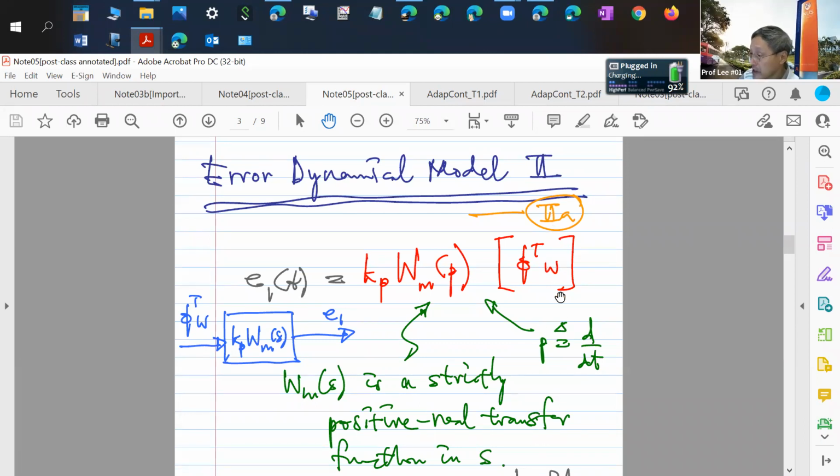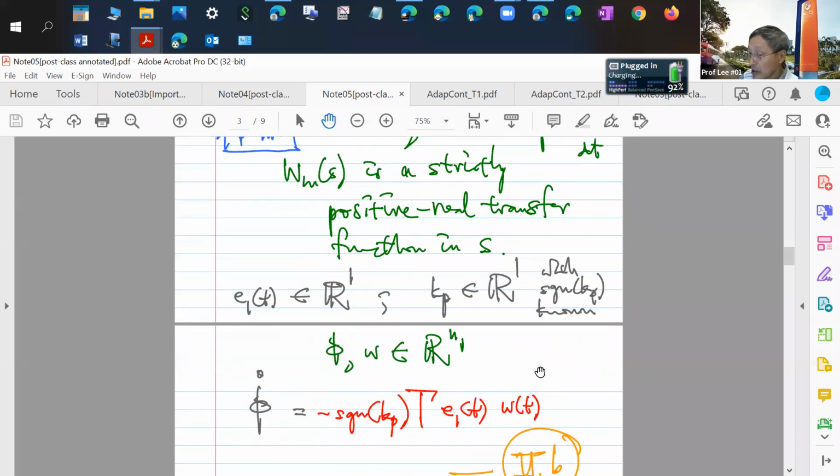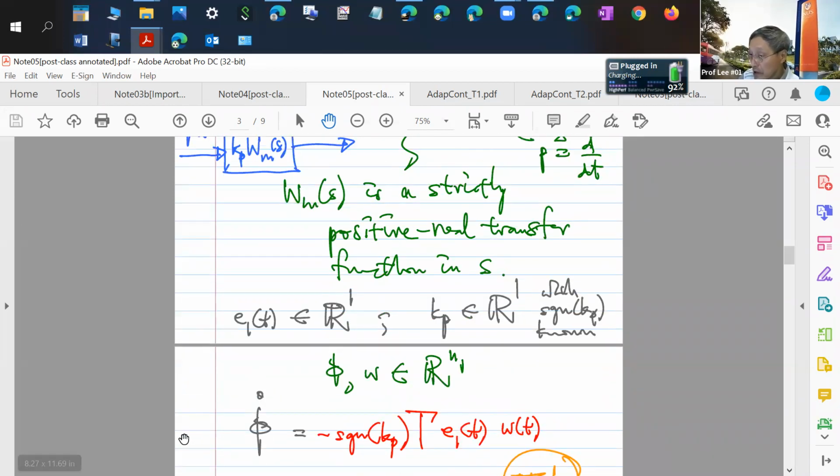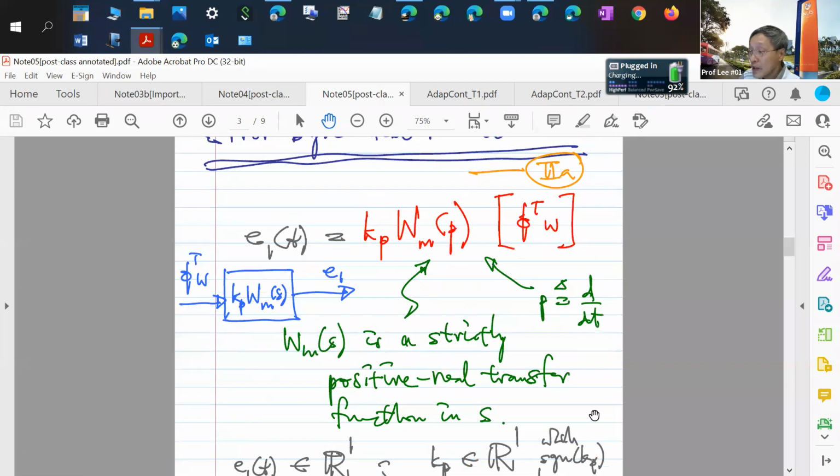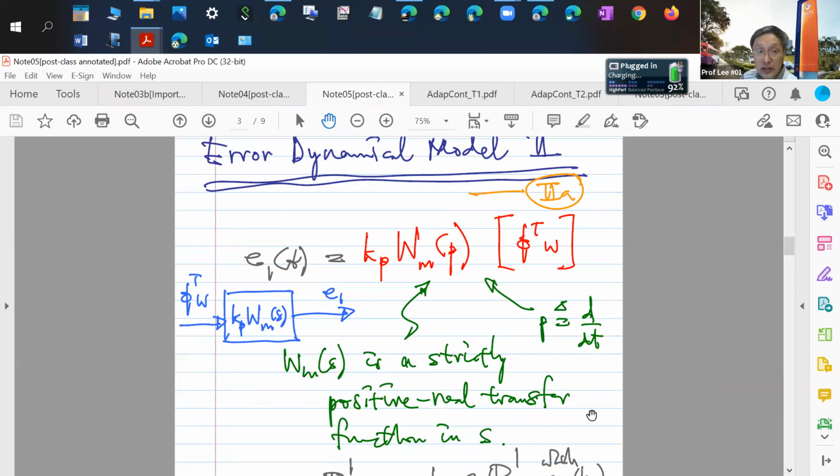That you had a set of signals that you could generate and a set of parameter errors that you had, and you were passing it through a strictly positive real operator. Then if you were doing that, it turns out that, look, it was very simple. You could pair it with this way of adaptation. And based on that, you can again do quite a few other more advanced things like backstepping